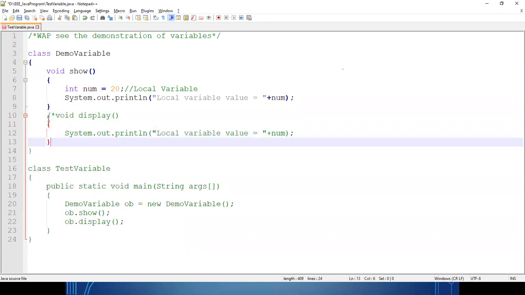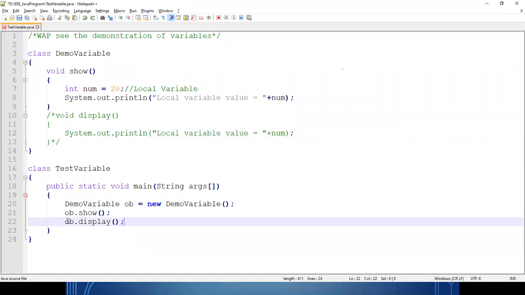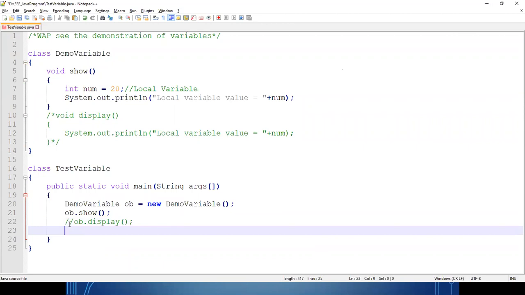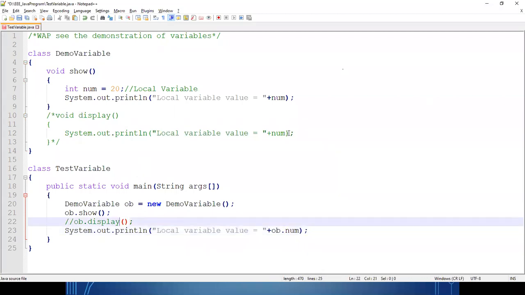I'm just putting the display method inside a comment line, and I'll show something interesting here. Suppose I want to print the value through the object. I can access the data members of the class by using the object.